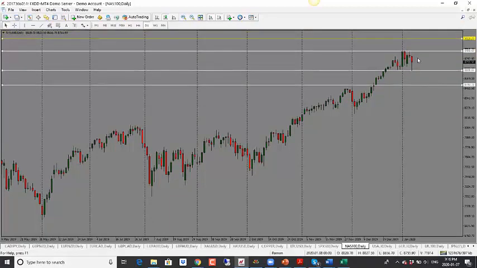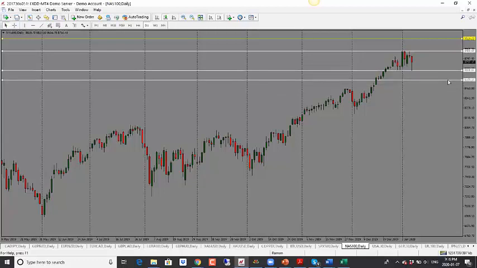NASDAQ here, same thing. We have a small pin bar here. So bias is bearish. It's already into the first target here though. So if there's an escalation, equity markets drop. So I would look for this one to drop should there be another escalation. If things calm down, this one could go back up towards this 88.80 level. But for now, bias is bearish. First target, 86.50. And then second target here would be 85.50.